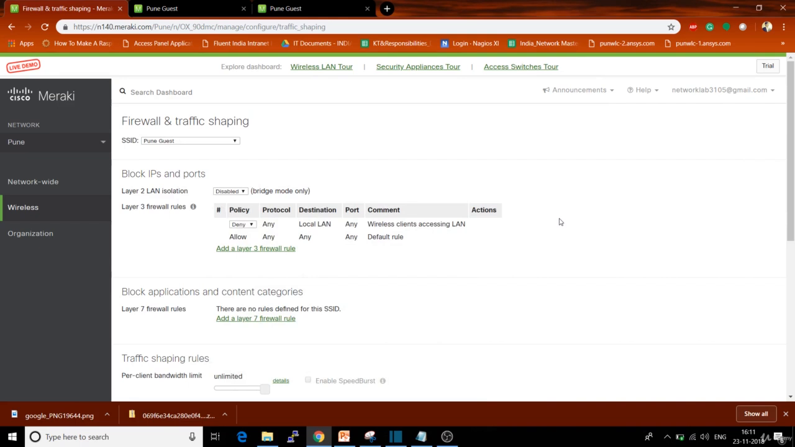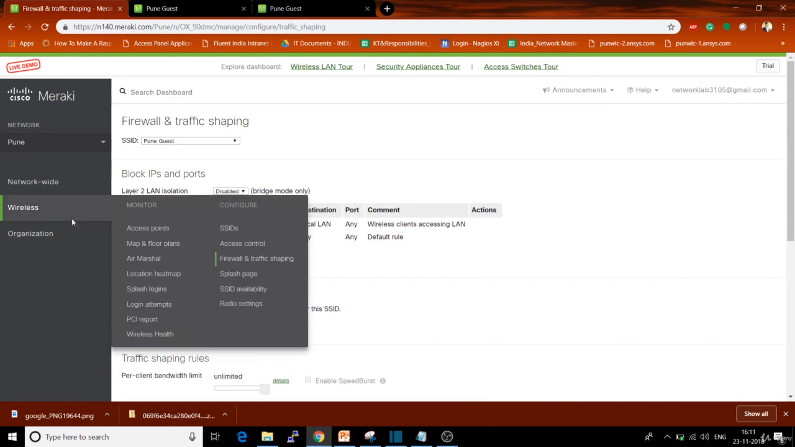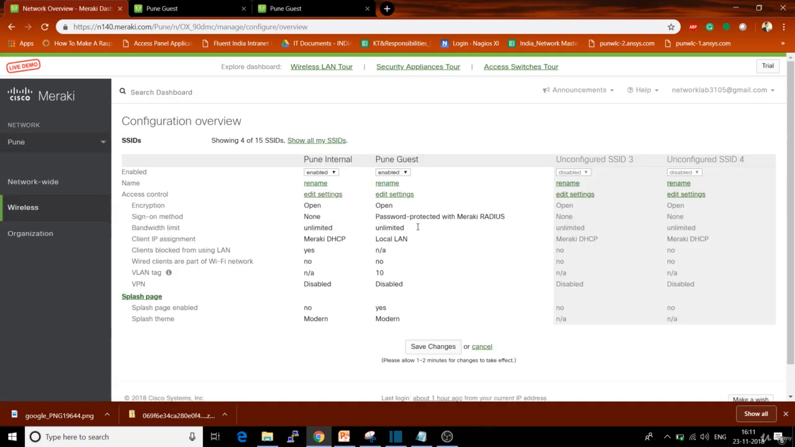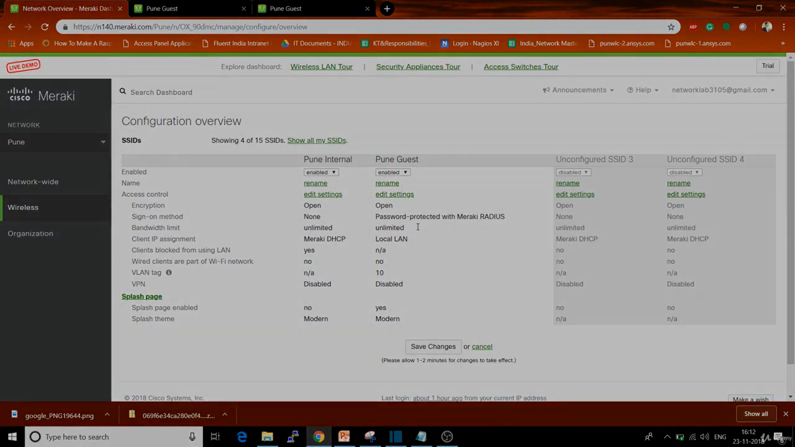So this is the configuration part of the SSID and the guest users, or if you want to configure a new guest profile or the internal SSID, if you want to configure the splash page, then we have seen it in this video. In the next video I will show you how to configure a new user, how to add a new guest user, and how to limit the timing, like for how much time the guest user will get access to your network. So that type of